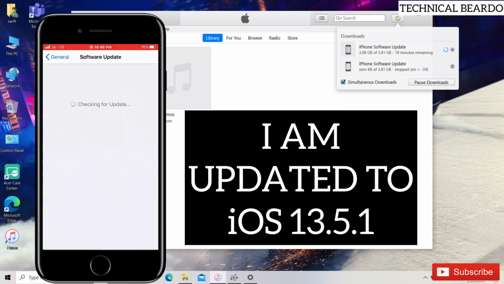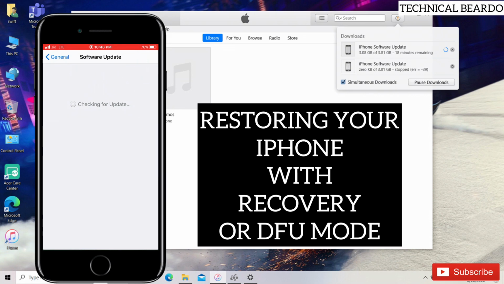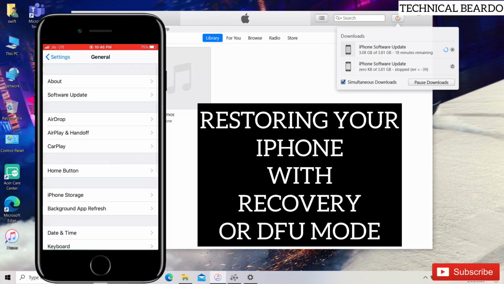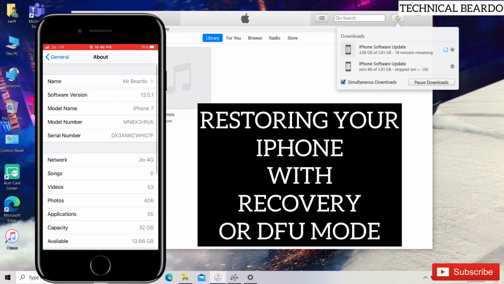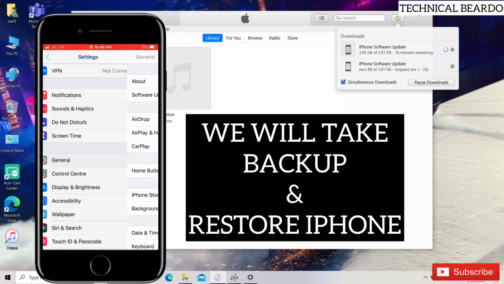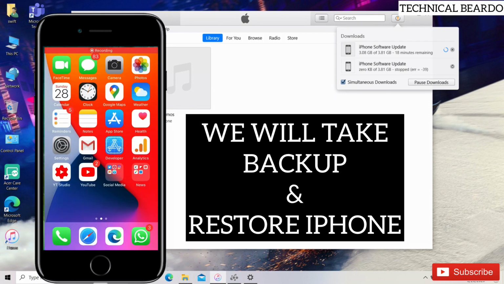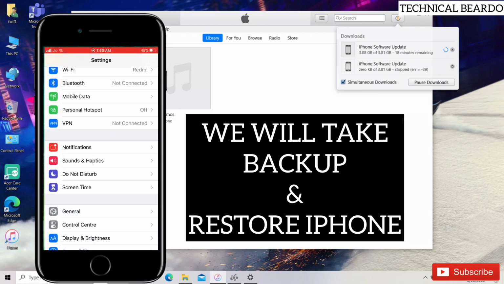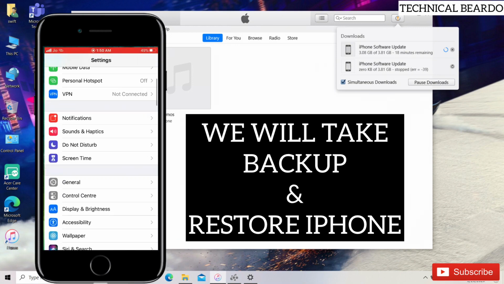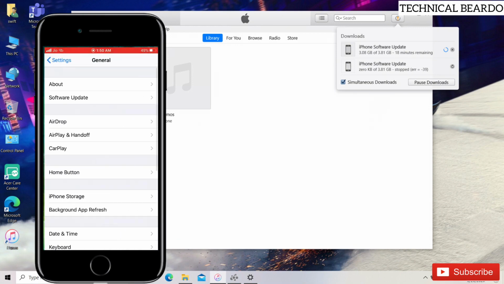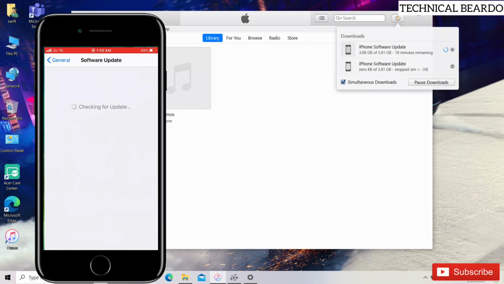In this video I'm going to show you how to solve that with the iPhone recovery mode. Recovery mode basically means we will restore your phone. We will delete the entire iOS firmware from the mobile and reinstall it. Normally doing this deletes all data from your mobile, but I'm going to show you how you can back up your data, and once the solution is performed, you can get your data back on the iPhone.